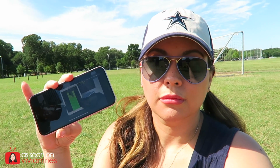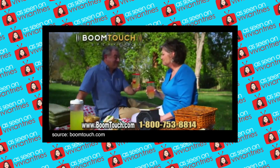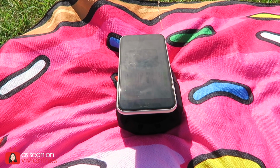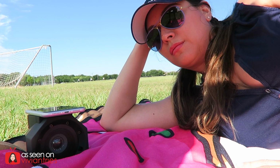We lay the same device on the BoomTouch speaker. As you can hear and now see. Let's lay the device. Simply lay it down for amazing sound. Or entertaining guests. Wherever you are, simply lay it down for amazing sound. You could pay more than $100. Levels are even stronger. BoomTouch is compatible with...